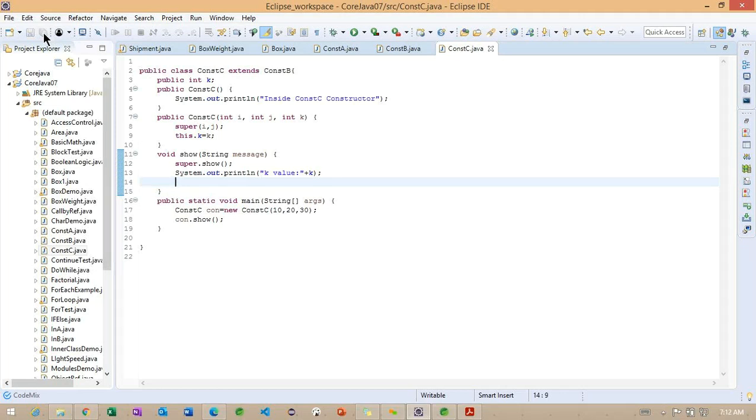Signature of the method is nothing but the type of the parameters and the order of the parameters also. So it needs to match here.